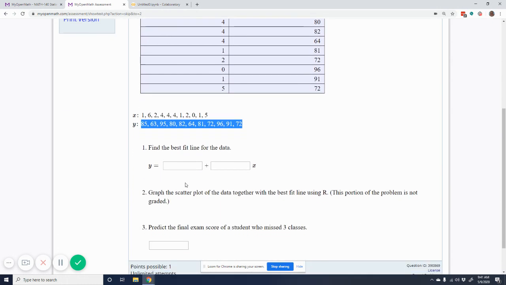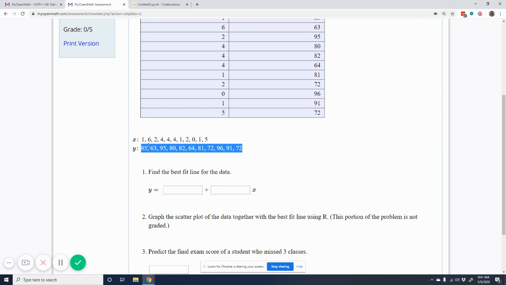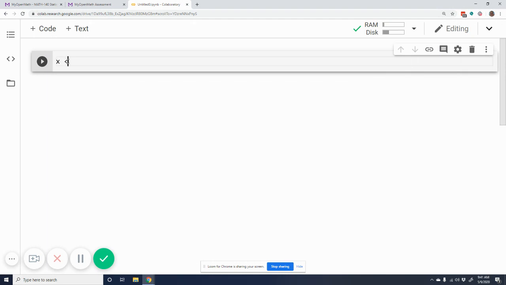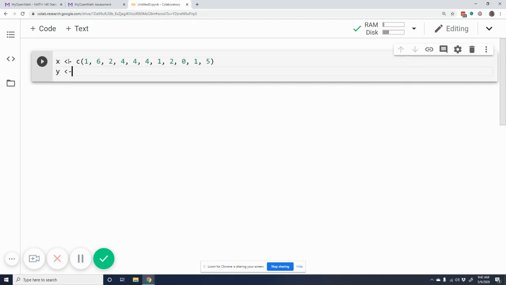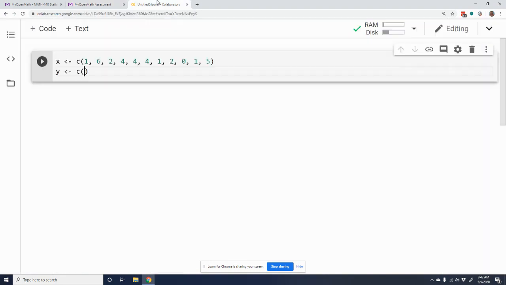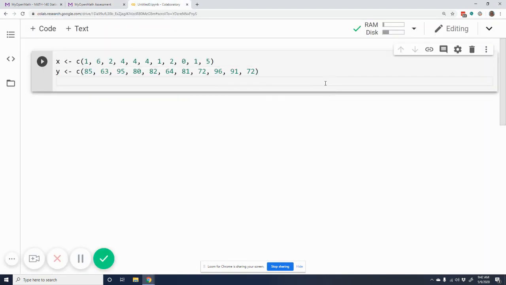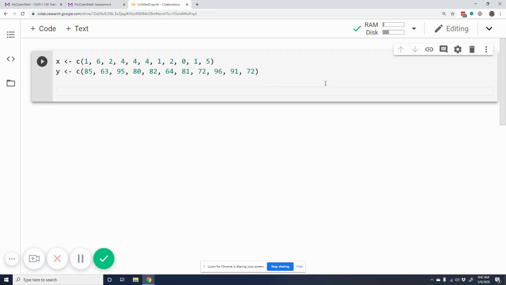We want to first find the best fit line for the data. So what I'm going to start doing is copy the data to my notebook. Okay, so I have my X data, and I'm going to copy the Y. I have my Y data, okay? And then I want the best fit line through that data. So that's